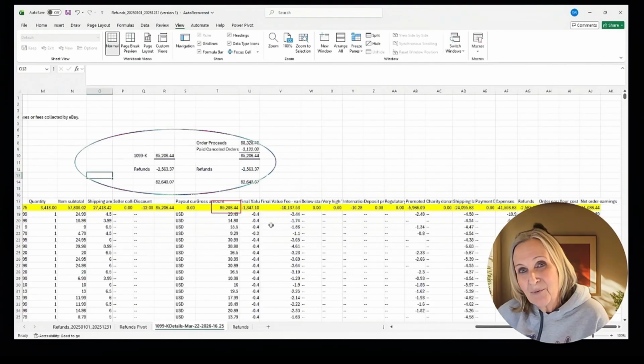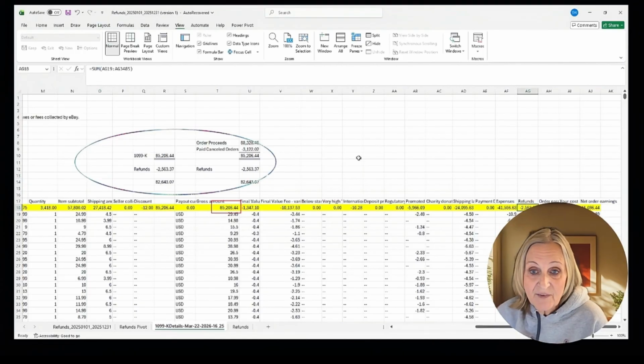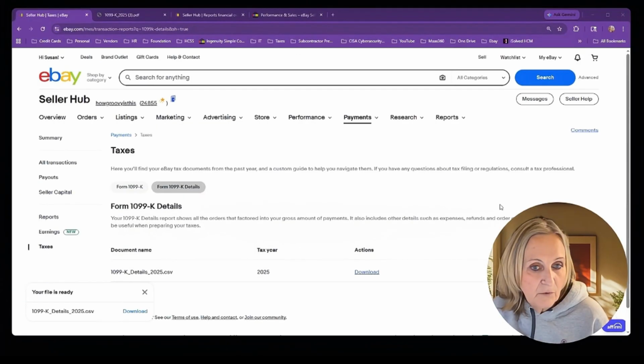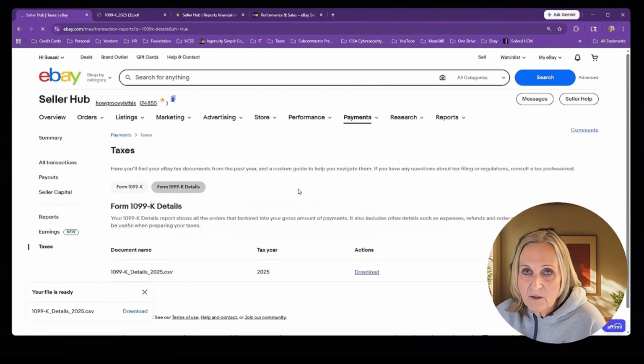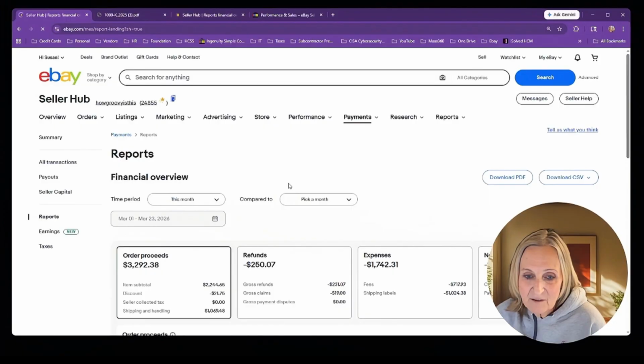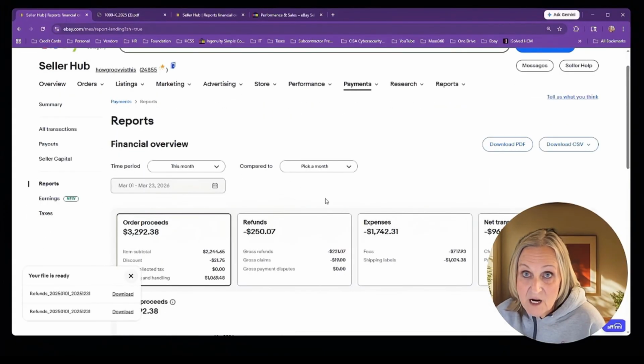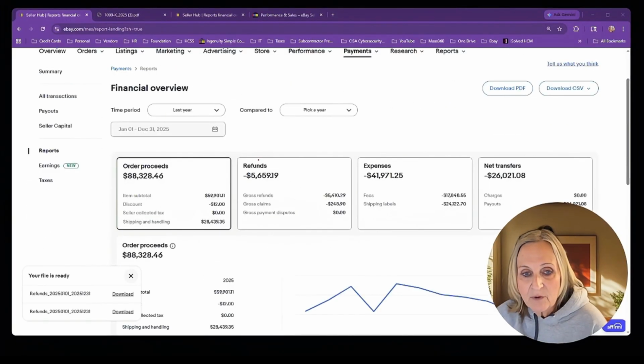$85,206? You could pretty much come to the conclusion it doesn't, because these are all the gross amounts. So I did want to make sure that that refund amount was correct. We're going to go back to the Seller Hub. Under payments, you can go to reports. I don't know why they say reports, because it looks like it's only one. Just saying. Now I'm going to show you where I got the paid canceled orders, but I was able to back into that